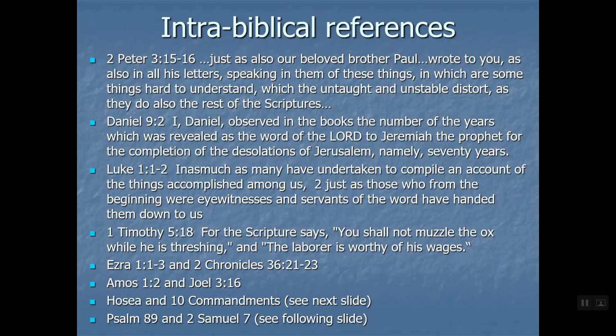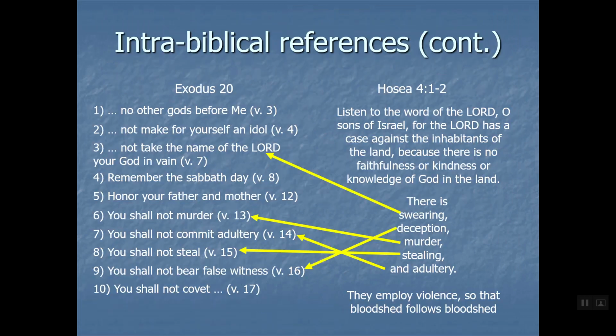And the point of these slides is to show you they were cognizant of that. And not only the individual authors themselves, but God himself was weaving together a story where they're connected. So here's Exodus and Hosea. When Hosea comes on the scene, it's very clearly, he's referring back to the 10 Commandments. When he's telling the people what they're doing wrong, he's very clearly looking back and referencing what's come before, the Torah.